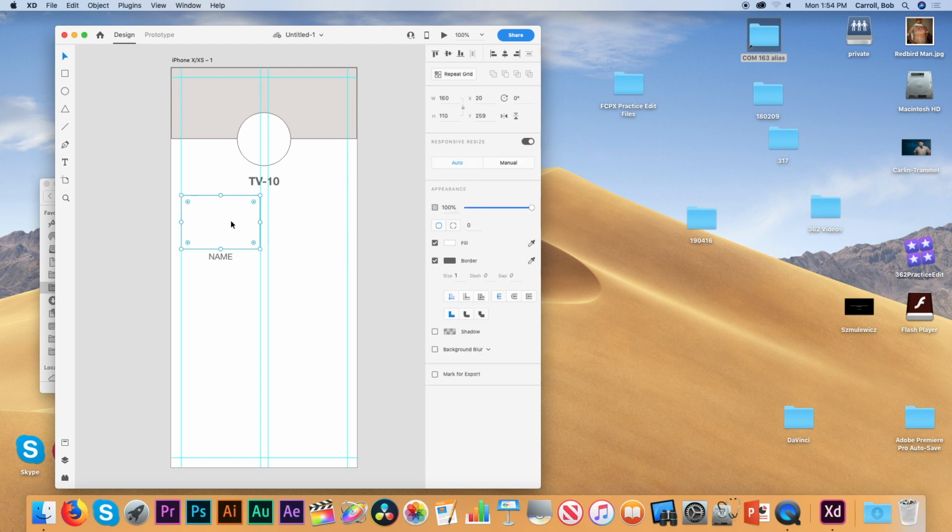I could also hold the Option key and just drag over, and that will duplicate the exact shape. So at least the shape is the same size and I can see that it's lined up, but it's still not going to be as quick as if I select that and hold Shift and select the name also. Now if I go up to this repeat grid up here and click on that, now I can repeat that grid,